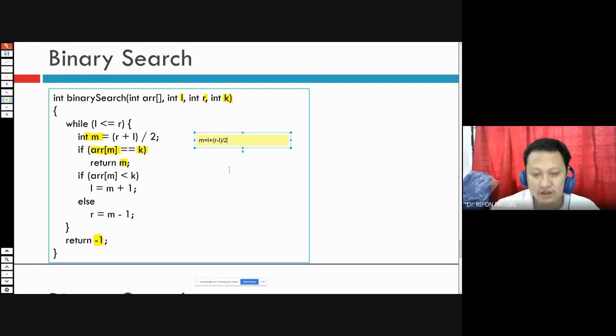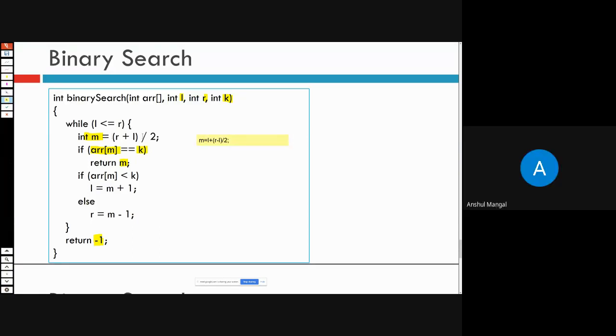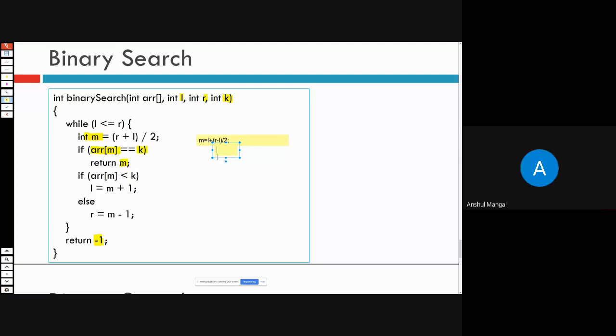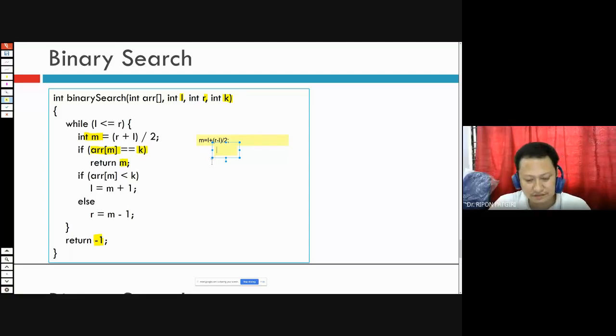So you can compute it like this. Sir, is there any advantage over that? No, it is the same. Both are the same. Okay, yes, sir.